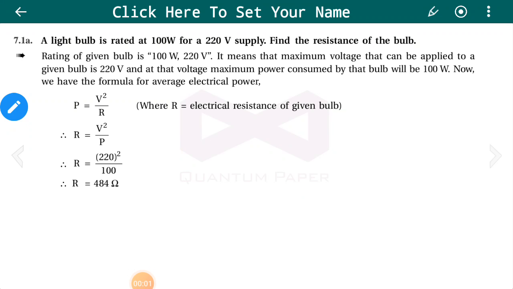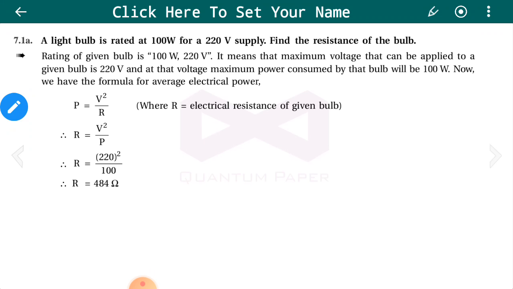Illustration number 1. There are three parts, A, B, C, so they are calculated differently. A light bulb is rated 100 watt, 220 volt supply. Find the resistance of the bulb. Now see, the rating is given as 100 watt, 220 volt, which means the maximum voltage that can be applied to the given bulb is 220 volt,